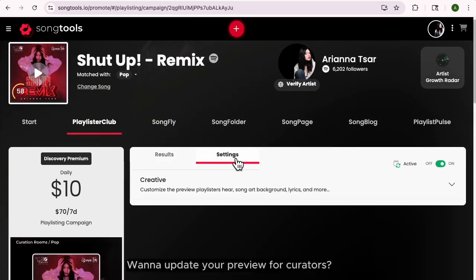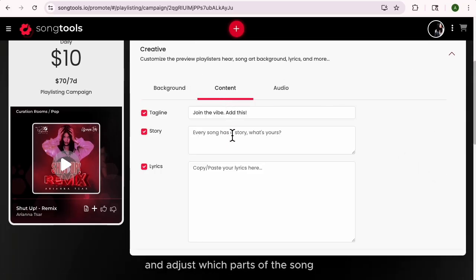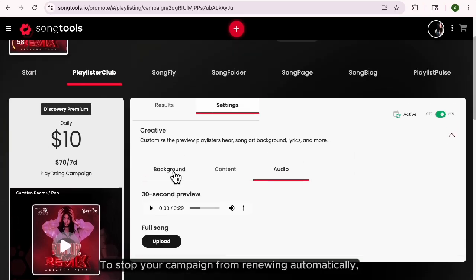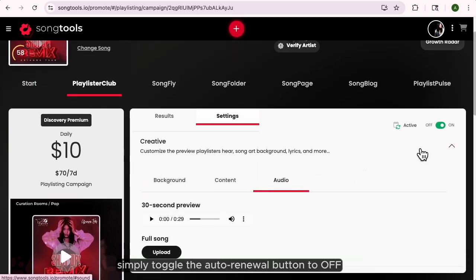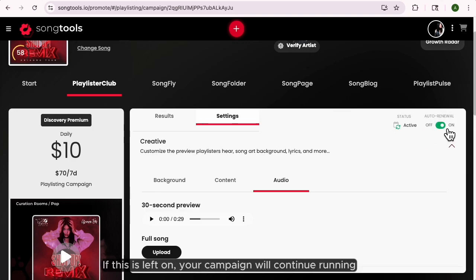Want to update your preview for curators? Go to the Settings tab where you can change your background image, add lyrics or your song story, and adjust which parts of the song curators get to hear. To stop your campaign from renewing automatically, simply toggle the Auto Renewal button to off. If this is left on, your campaign will continue running under your current payment plan, giving your track more time